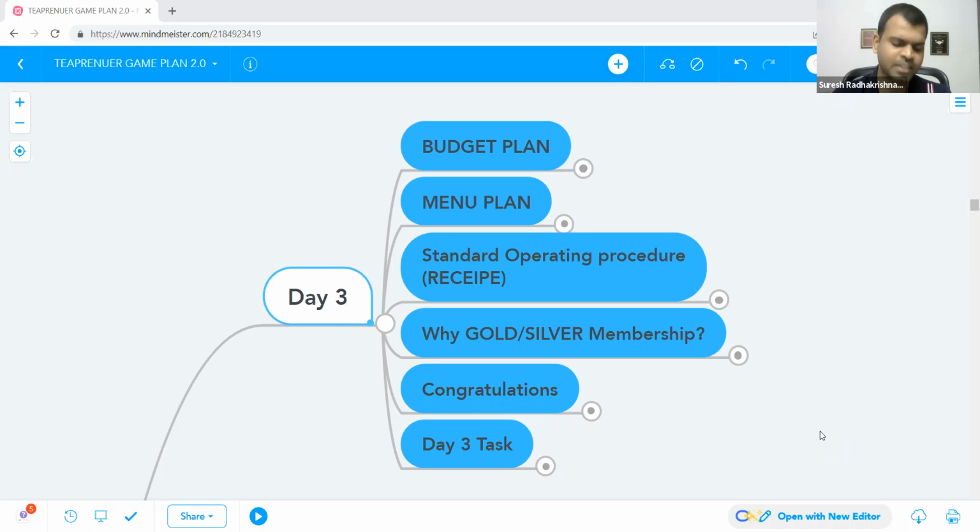You can start this business well within 3 lakhs. If you want to start a kiosk, a small unit, you can start with 3 lakhs. If you want to start a QSR, then probably 6 to 8 lakhs, 10 lakhs in some places. I just want to understand how many of you are really serious about launching this business.